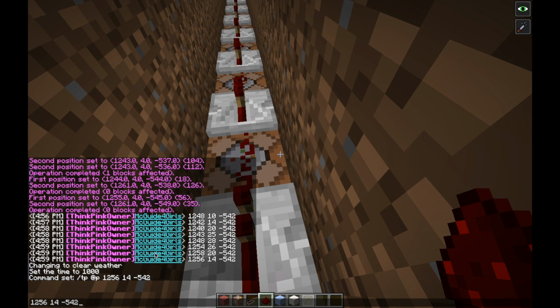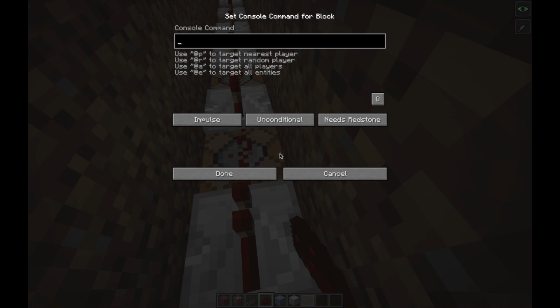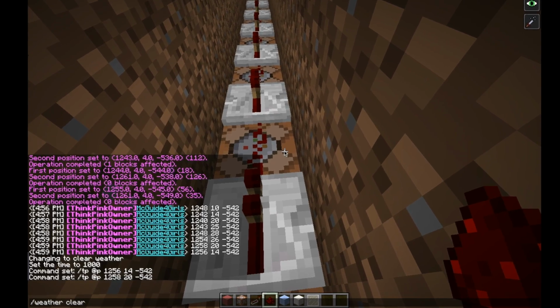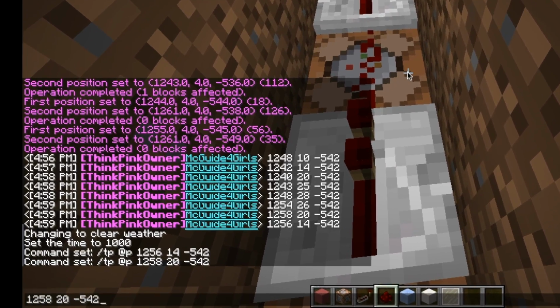So we're going to go one up from that, and what we have to do every time we open up chat is remember how many commands we went past. We just did the first one, so we have to go to the second one. So highlight it, copy it, and go into this next command block. /tp @p, Command V, Control V, chat. So we just did the second one. So 1, 2,